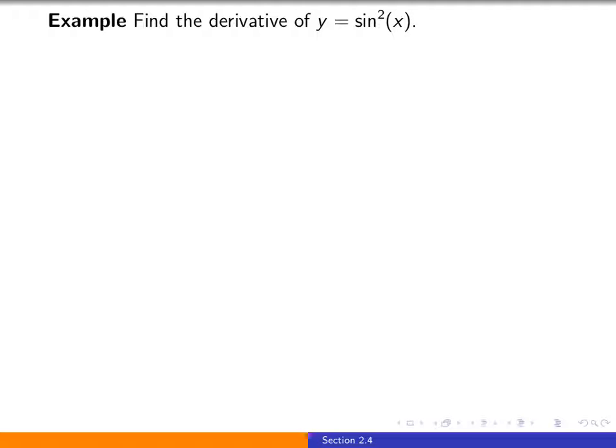Let's do the same thing here in order to differentiate sine squared. And the first observation is that having sine squared is maybe not the most convenient thing to differentiate, at least in that form. So before differentiating, let's write it more conveniently. To square a quantity means you take the quantity and you multiply it by itself. So sine squared is sine x times sine x. And now we have something we can work with from a differentiation perspective. You see a first function f and a second function g. So we can go ahead and apply the product rule